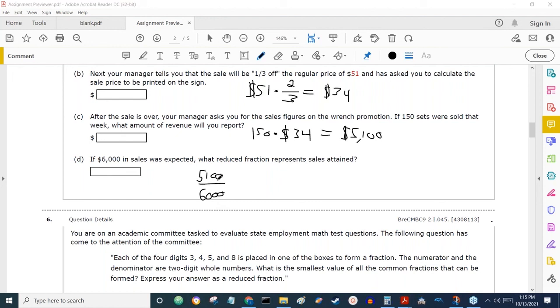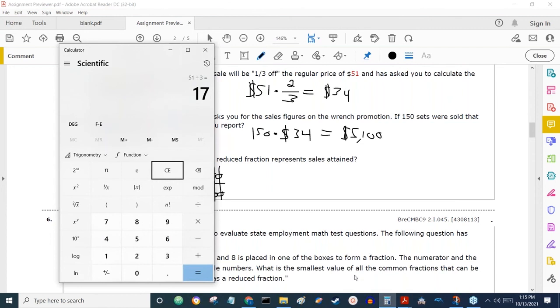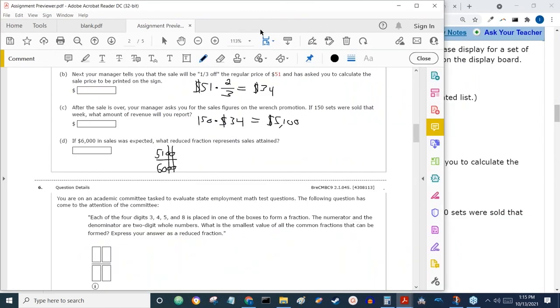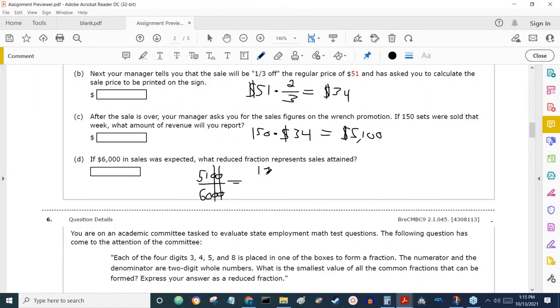And when you're trying to simplify fractions, if you got a 0 all the way to the right and a 0 all the way to the right, that's like dividing by 10 to make those cancel out. So we can divide by 10 again. We got 51/60. Both of those are divisible by 3. So we got 17. Whoa. 17 over, I think, what's that going to be? That's going to be 20. So 17/20 is the fraction of sales